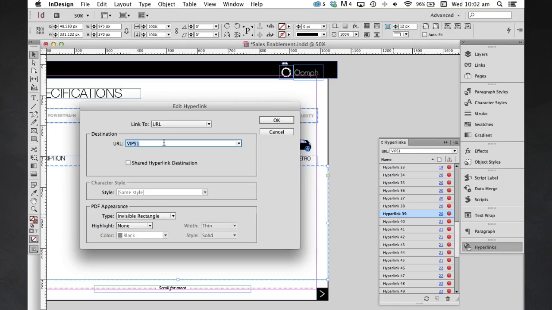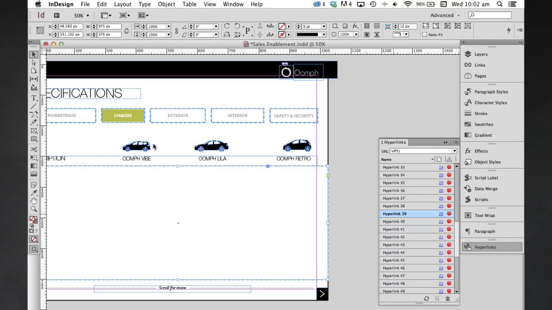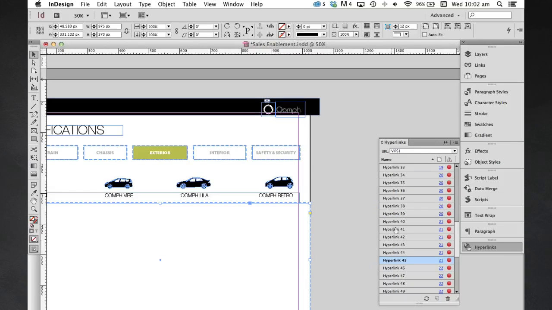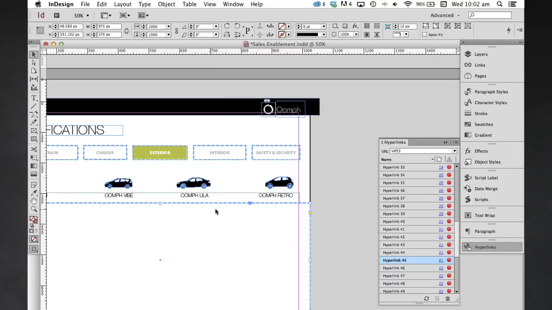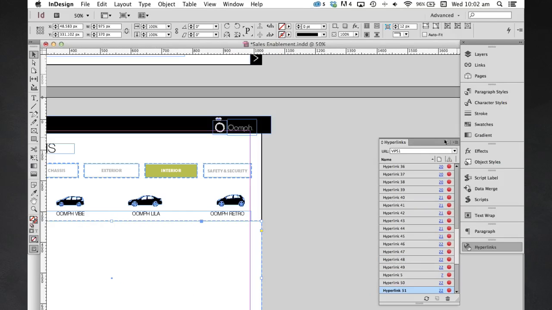So to edit a hotspot in Oomph, it's quite easy. You just open it up, make sure shared hyperlink destination is turned off, change that to 2, and hit enter, and away you go, and that's it. So again, 3, oops,